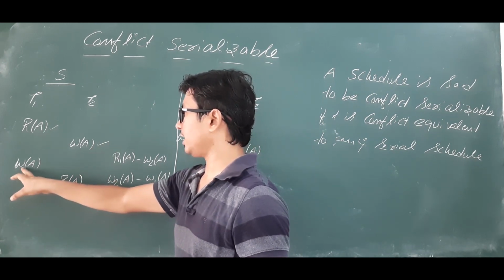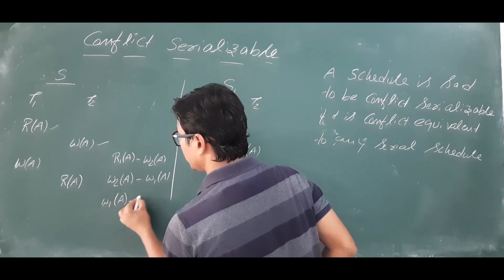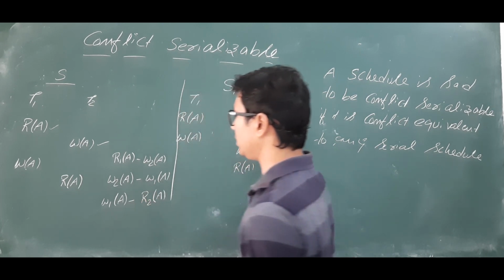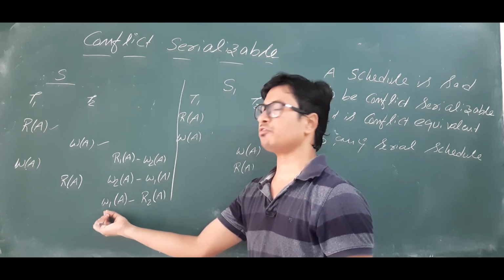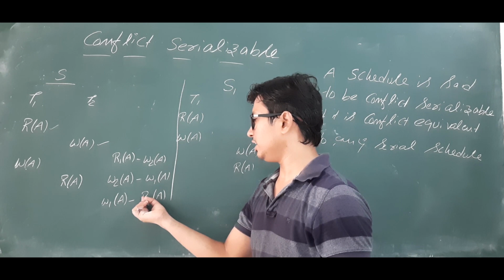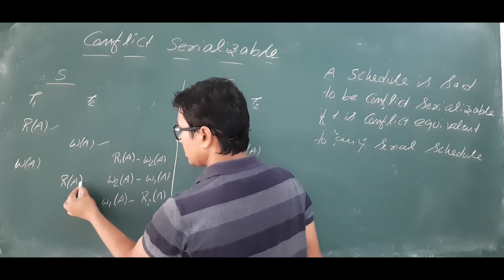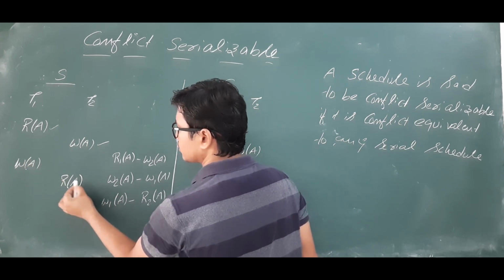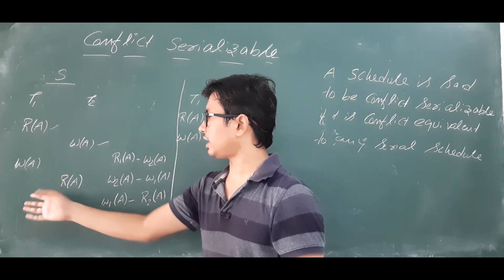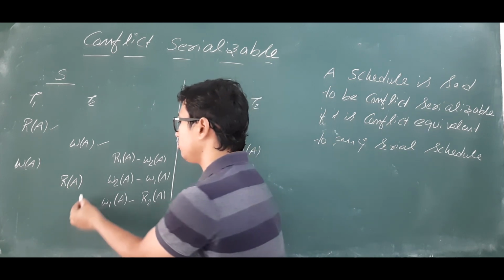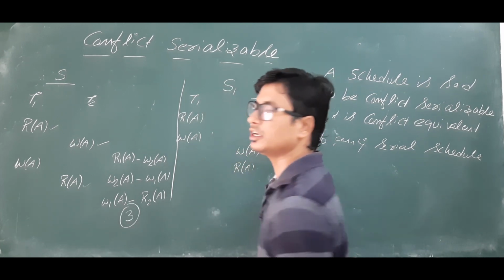Now come to this write A. Write A, read A. It is a conflict operation. So what is it saying? W1 of A to R2 of A. What is meant by this R2 or W1? The meaning is that a write on data item A was performed by transaction 1. R2 means a read by transaction 2 on data item A. Is it clear? So this is done. To find a conflict operation after this one, there should be some operations in transaction 1 after this. As there are no operations in transaction 1 after this operation, there will be no conflict operation. So we found that there are 3 conflict operations possible in the given schedule S.